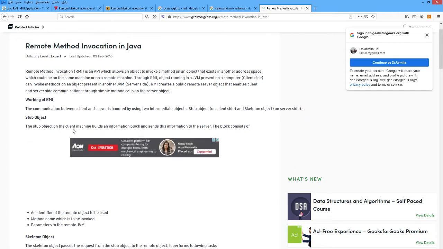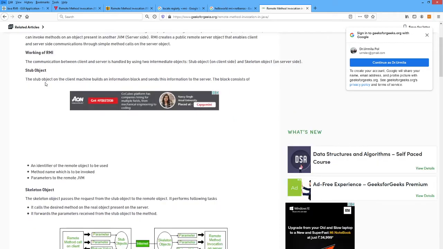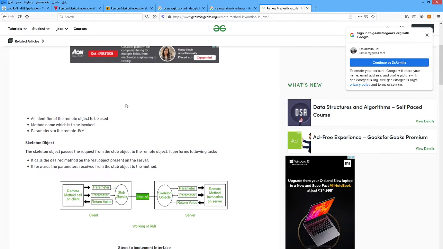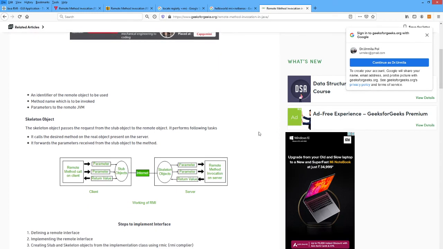The stub object on the client machine builds an information block and sends this information to the server. Means the communication point on the client side is the stub, and the communication point on the server side is the skeleton. The block consists of an identifier of the remote object to be used, the method name which is to be invoked, and parameters to the remote JVM.